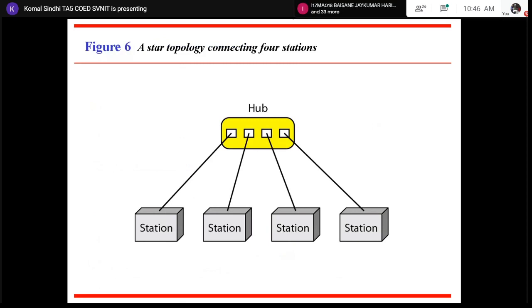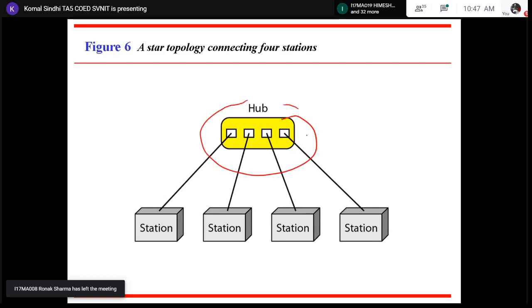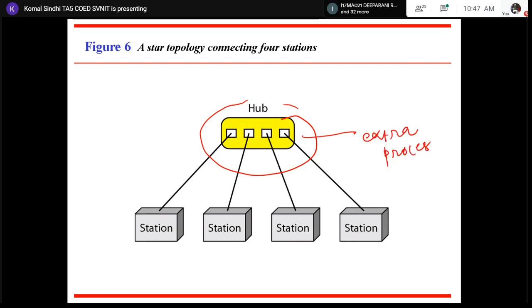Moving on, there is a star topology. Now, how does star topology work? There is a central hub. There is a computer which would be having extra processing capabilities. It would be having high configuration, and you can call it a server, right? And all other devices under consideration would be connected with nothing but this central hub.